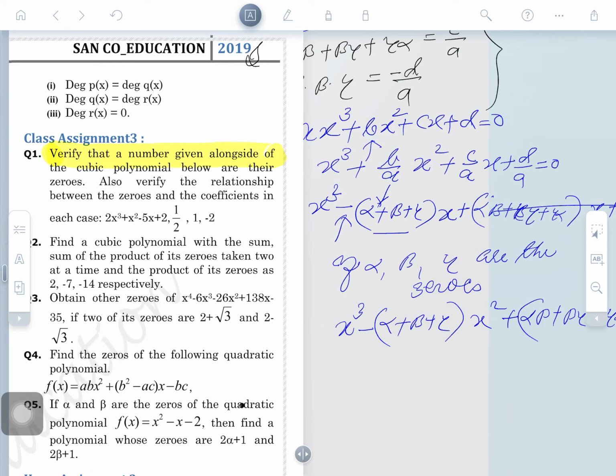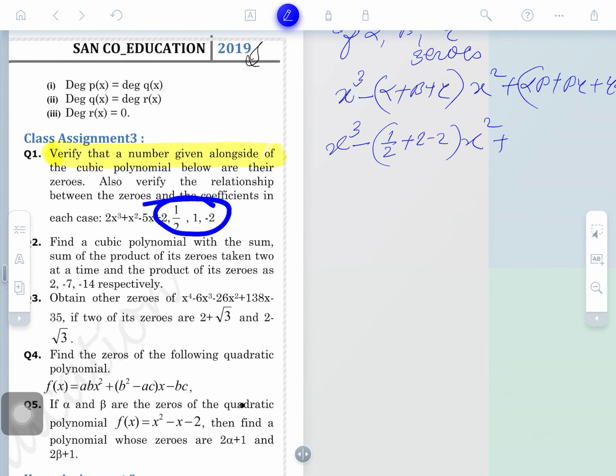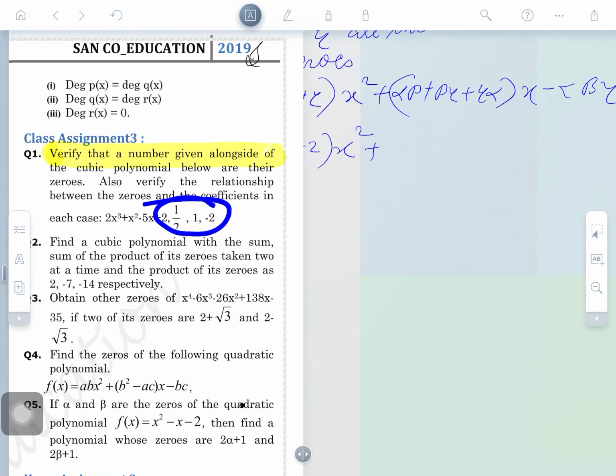What is the first variety of question? The first variety is, if you have been given alpha, beta and gamma, I am giving you an example, right. Suppose we have already checked that these three are the zeros of the polynomial, okay, and we want to make a polynomial. So how can we make the polynomial? It's very simple. I am making the polynomial here: x cube minus, here you will write 1 by 2 plus 1 minus 2, and you will solve it, and next 1 by 2 into 1 plus 1 into minus 1 by 2,